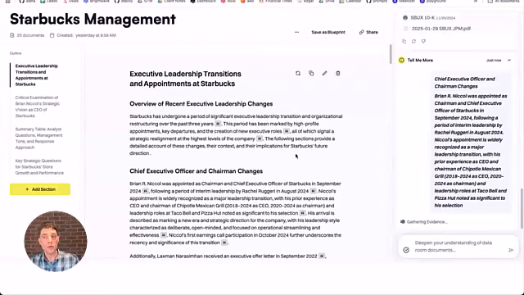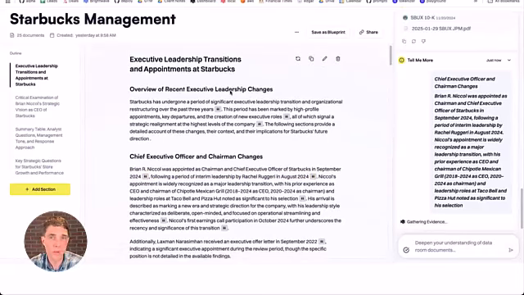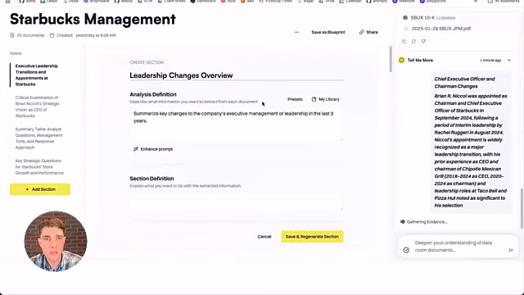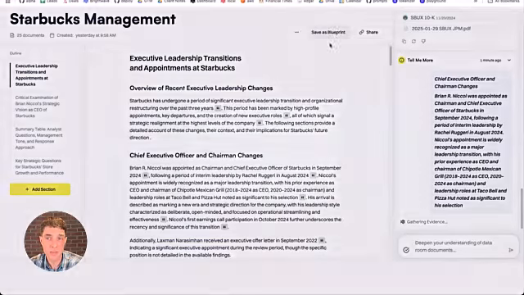I want to know more about it. And what Brightwave is going to do is it's like a magnifying glass for text. It's going to let you drill into more granular detail with respect to the most eye-catching findings. And what's really interesting here is the ability to save this as a blueprint.